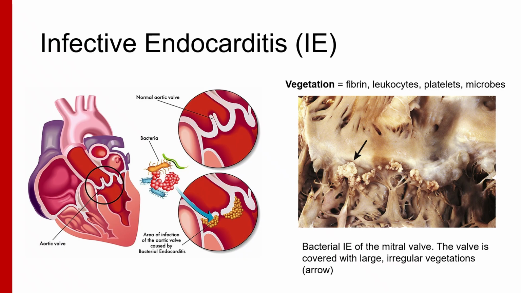So these pictures here, this is an echocardiogram, an ultrasound of the heart that revealed vegetation. So vegetation is like platelets and white blood cells and debris and bacteria all stuck together, and we call that vegetation when it's seen on an echo. So these little things can actually break off and travel and become a thrombus.